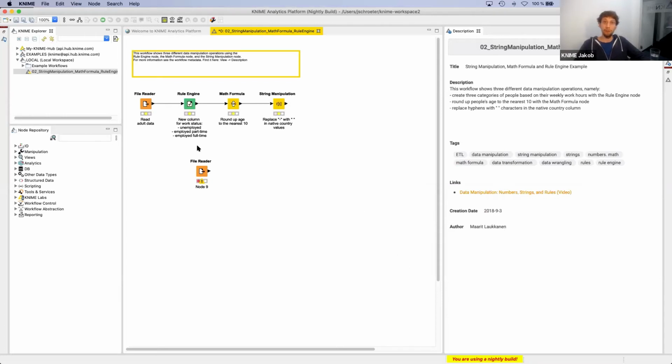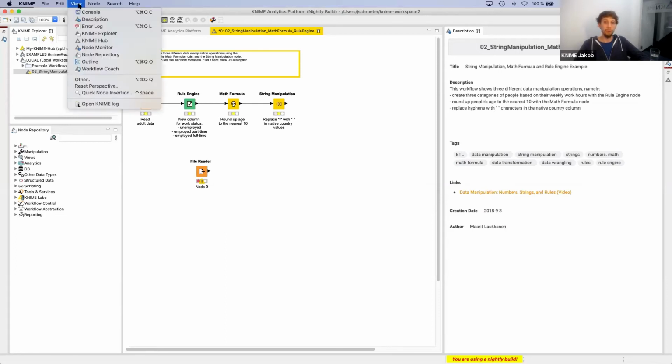Again, this is not yet released. It will be released soon. And with that, you need to install the KNIME Hub extension. I won't go through the details now. You can find it on the internet if you don't know how to install the KNIME extension. But if you have this extension installed, then you will get this new view. It's called KNIME Hub. And if you open it,